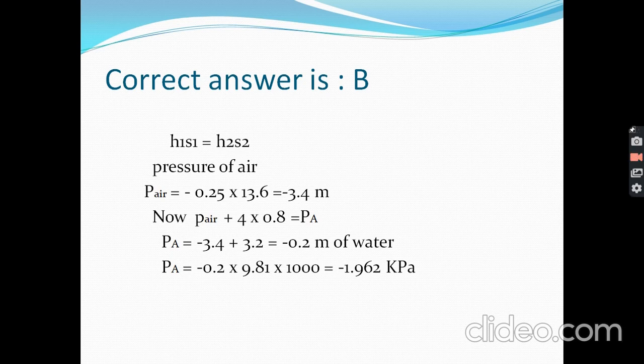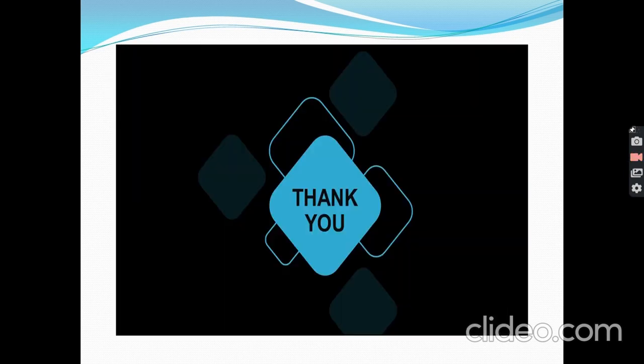Here gauge pressure is density of mercury minus density of water, into g into h. Here density of mercury is 13600 minus density of water is 1000, into 9.81 into 10 into 10 to the power minus 3. Here 10 mm is converted into meter. So we get the answer 1236 Pascal. Question 5. Refer to figure